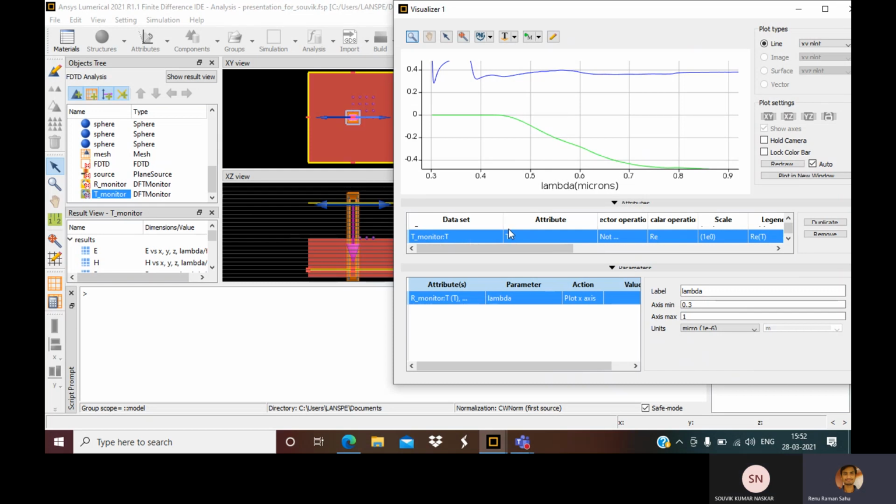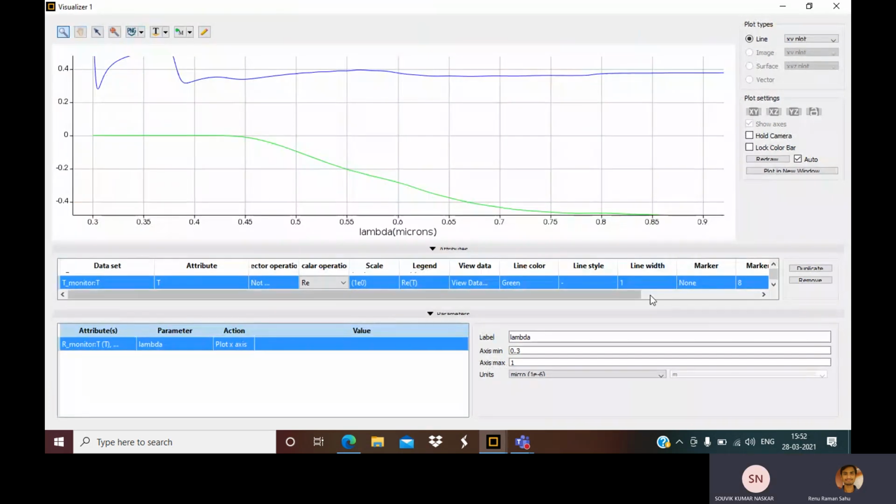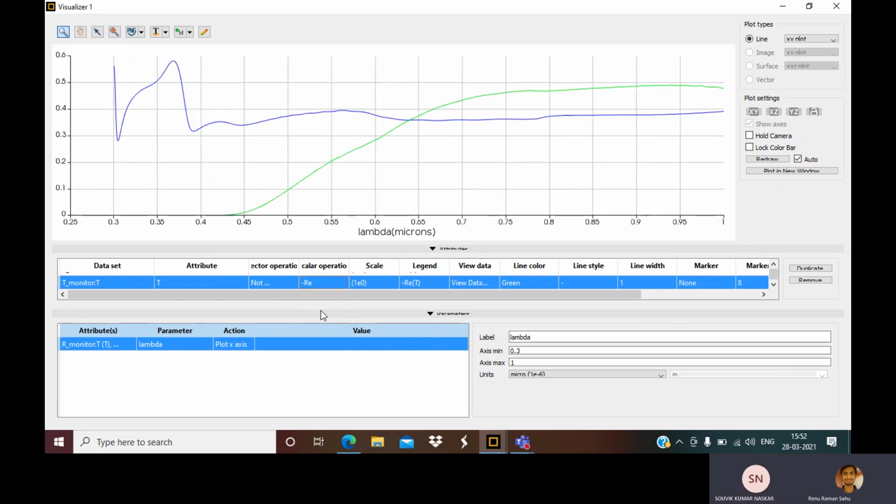This T monitor is negative, so I go to the scalar operation, and let me full screen it. This is the transmission monitor, and let me put in this scalar operation, minus. Now I have this.